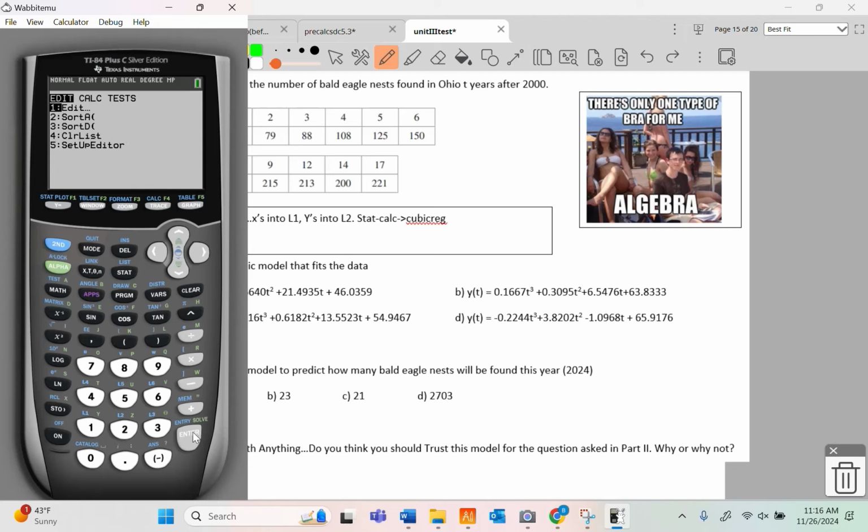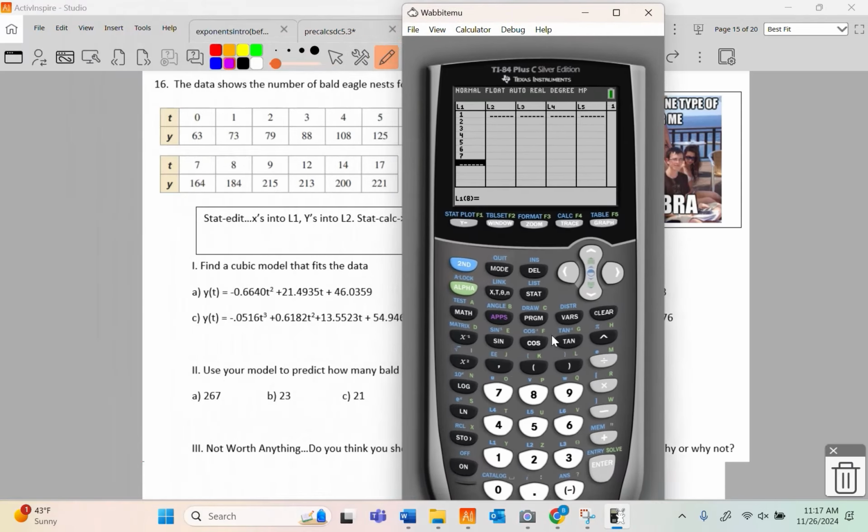So it clicks stat, it clicks edit. It puts the x's into list 1 and the y's into list 2, and bummer, this calculator doesn't have it, so I have to waste time. But anyways, you can play along now. Clear it. It goes 1, 2, 3, 4, 5, 6, 7. I think it goes 7, 8, 9, then it makes a weird jump. Yeah, it does. 8, 9, 12, 14, 17. Okie dokie. List 2 goes the data, 63, 73,